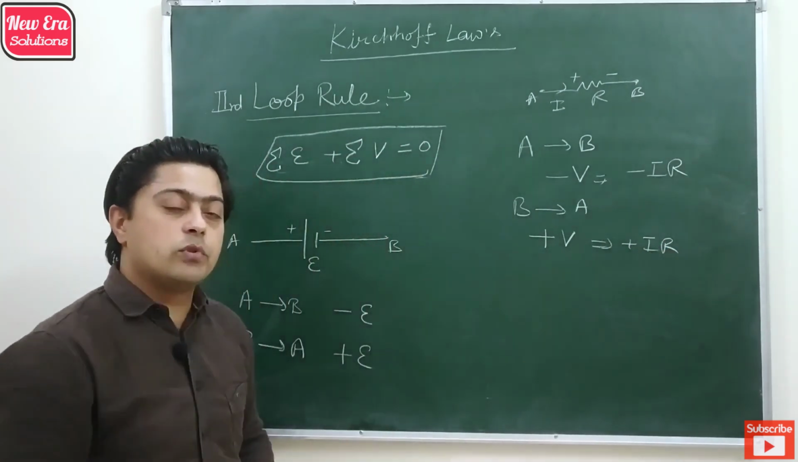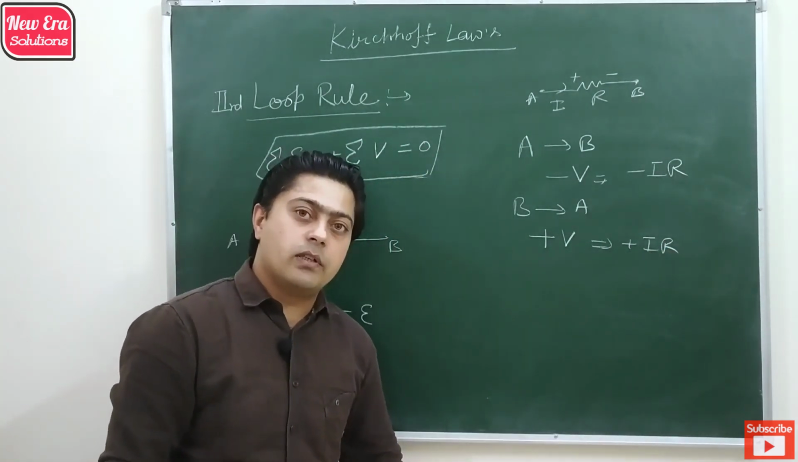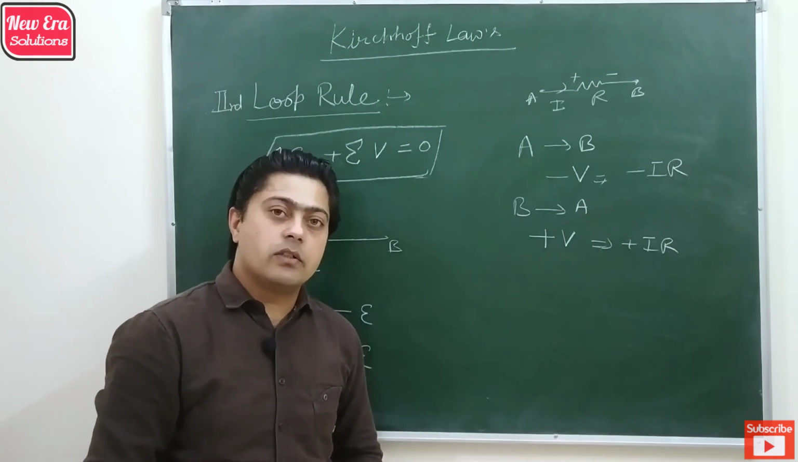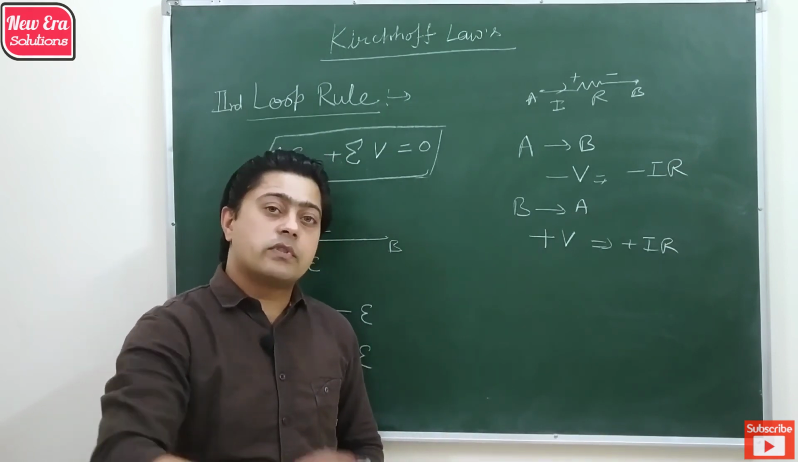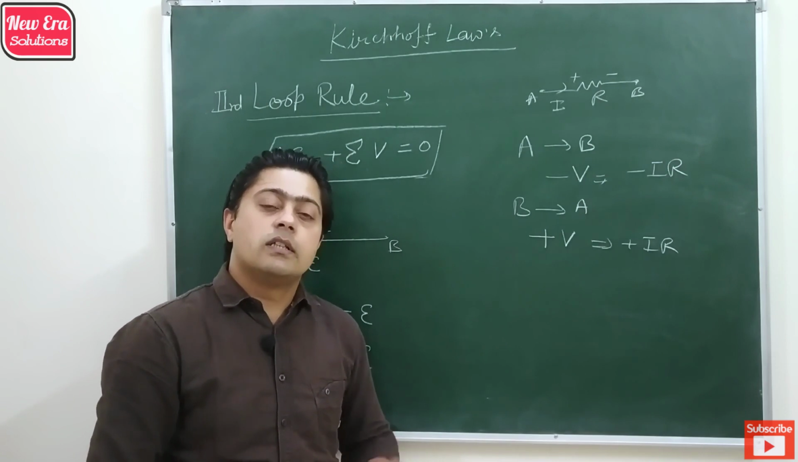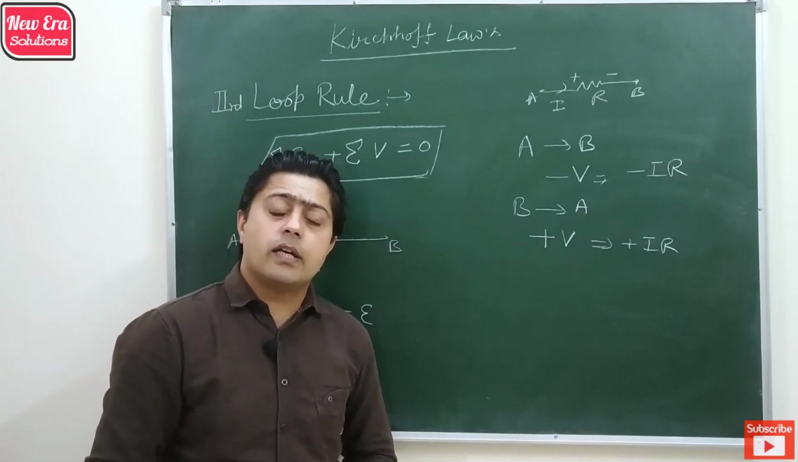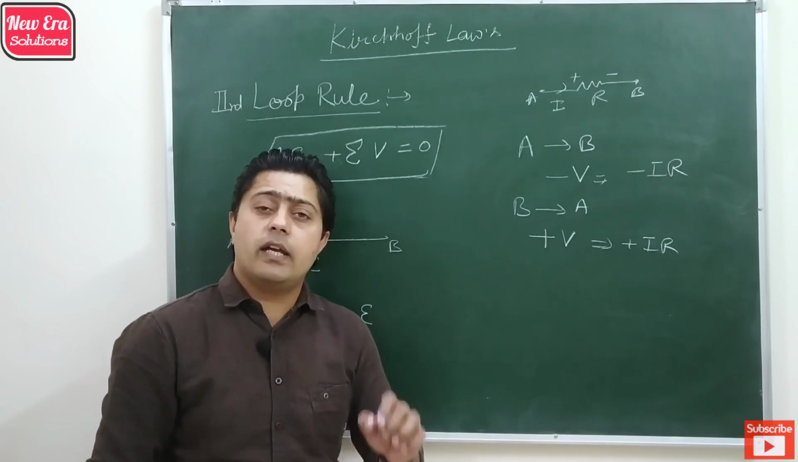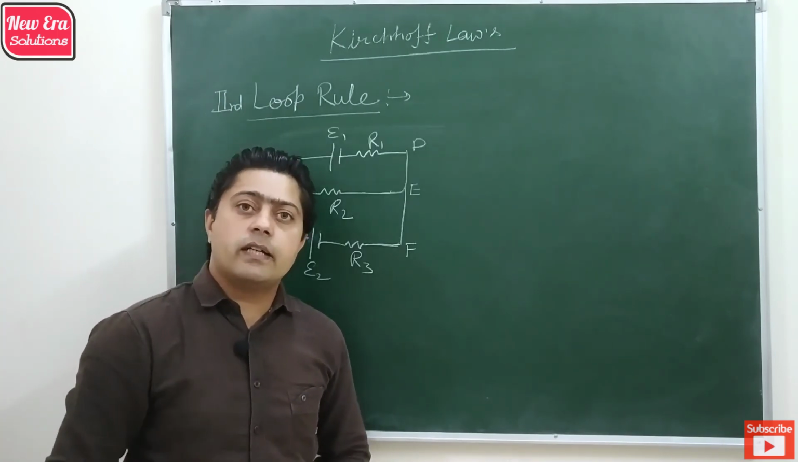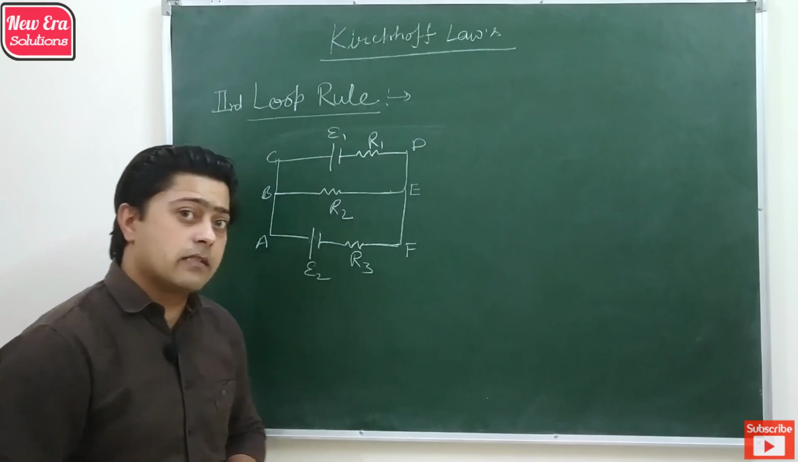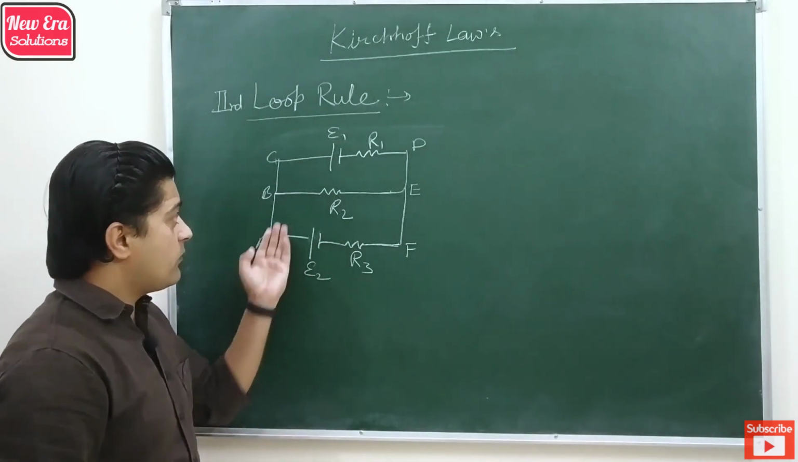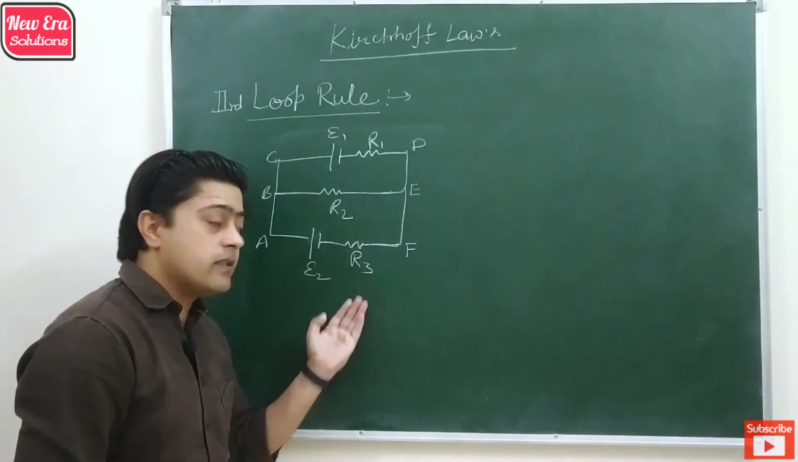So motion in the direction of current produces a negative potential, and motion opposite to the direction of current produces a positive potential. By using this sign convention, you can apply Kirchhoff's second law to any circuit. To illustrate Kirchhoff's second law, let's take an example where 2 cells and 3 resistances are connected